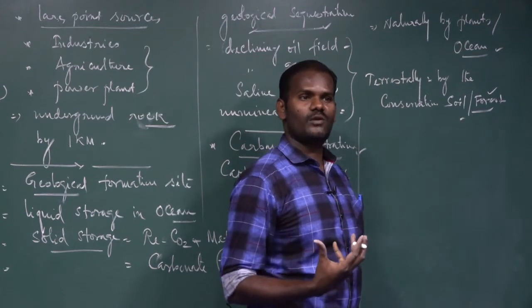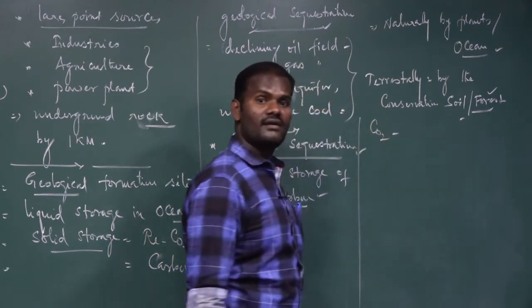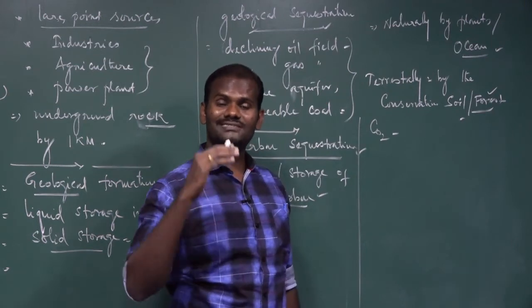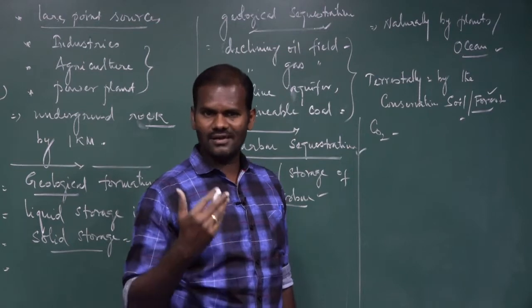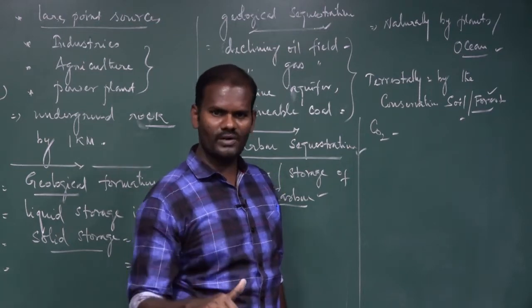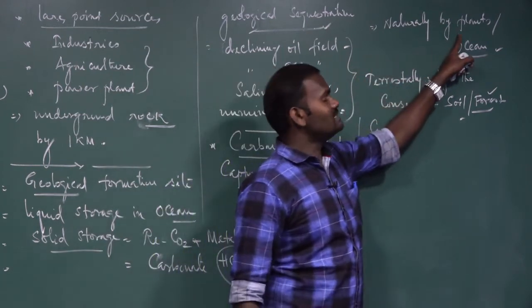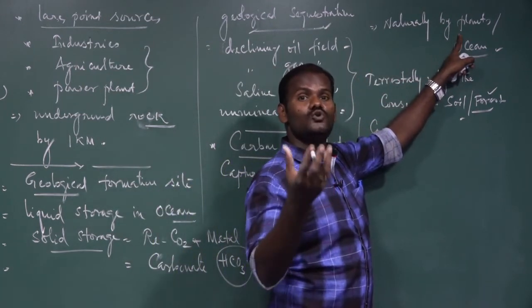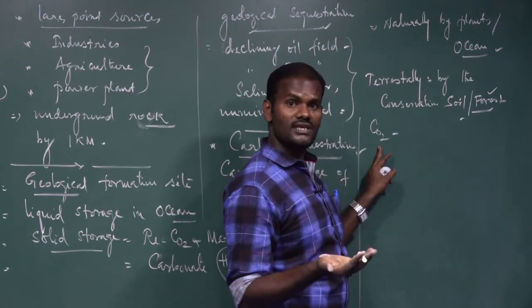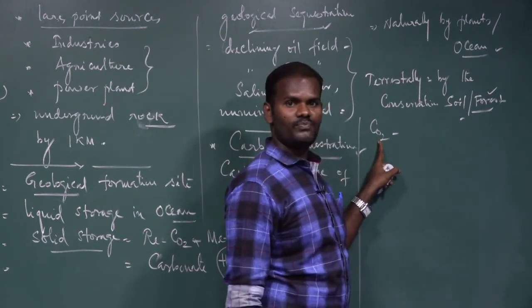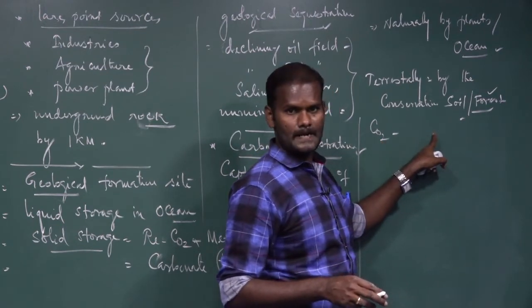How does it occur naturally by plants? We know that carbon dioxide is one of the raw materials needed for photosynthesis. Photosynthesis is done by all green plants due to the presence of a green coloring pigment called chlorophyll. They manufacture their own food material, which is why all plants are called autotrophic plants. Plants trap sunlight energy and convert it to chemical energy with the help of carbon dioxide. Here, what is the role of carbon dioxide? Carbon dioxide is reduced into carbohydrate.